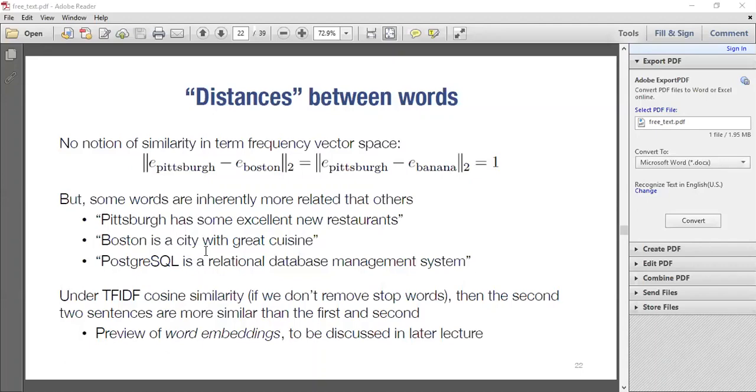But if you were to drop the stop words, you are likely to see that the first two are more similar. Obviously, that's when we have a whole lot of documents, not within these small documents. But that's why sometimes the cosine similarity will not function very well if you don't drop stop words.